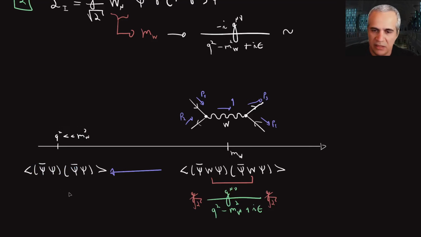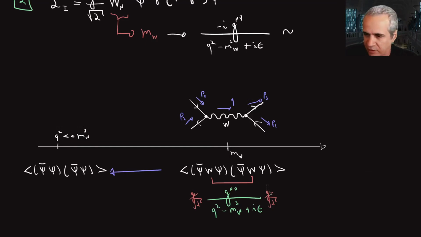But now you can see that the only dependence I had on Q square was coming from this propagator. If I'm ignoring Q square here, that means that the Fourier transform of this to position space will be a Dirac delta, and that means these 4 fields will have to be calculated at the same point. Here they have 2 different points because I have a dependency on Q square. On this side, they'll be all calculated at the same point, which makes this a local operator. And the coefficient here will be given by this if I take Q square to 0.